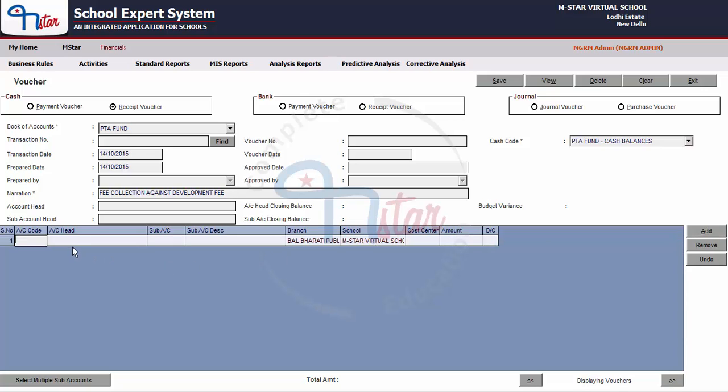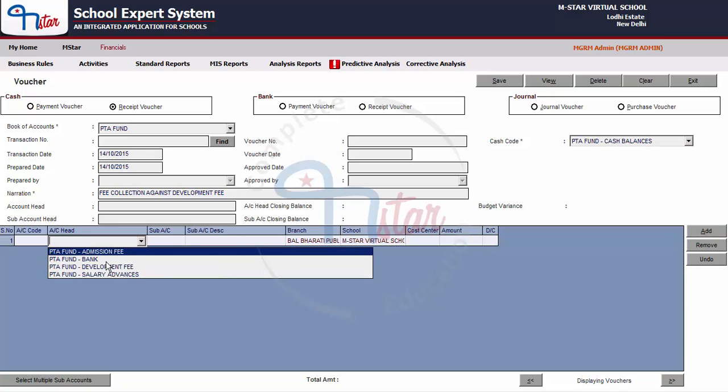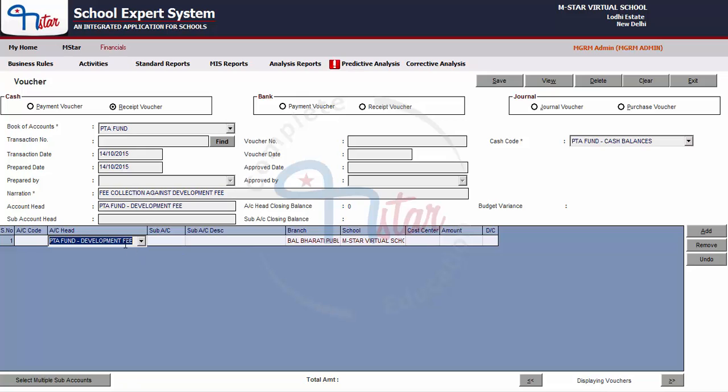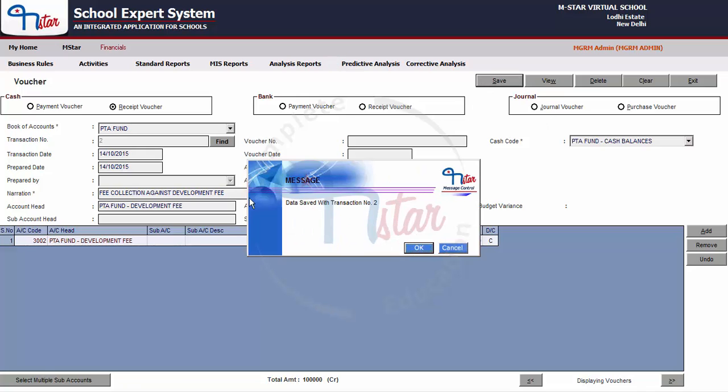Click on the button Add, select the account head, and because in this account head there are no sub account heads, so even if we click on the sub account head description, there are no sub account heads for selection. After selecting this, click on the box below the amount and enter the amount as required. Click on button Save to save the voucher, and the voucher is saved as transaction 2.